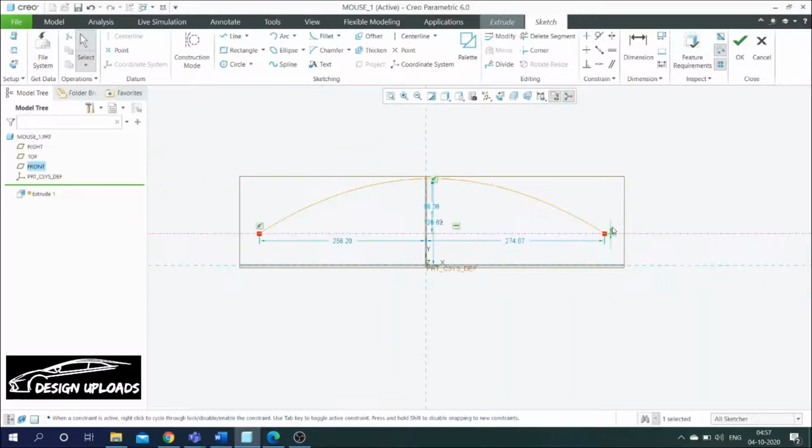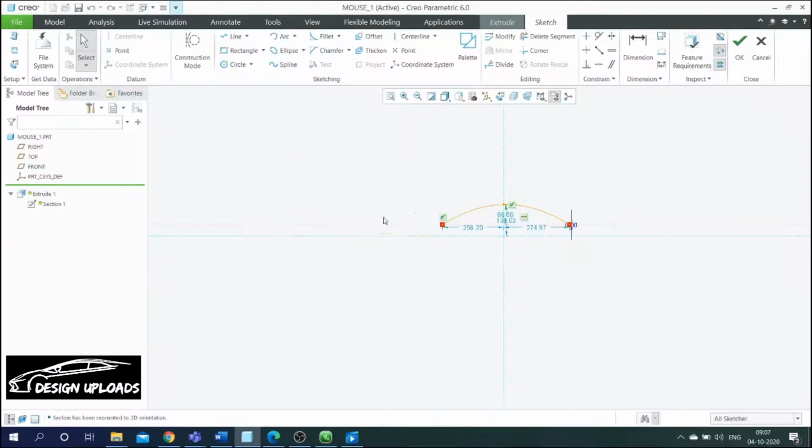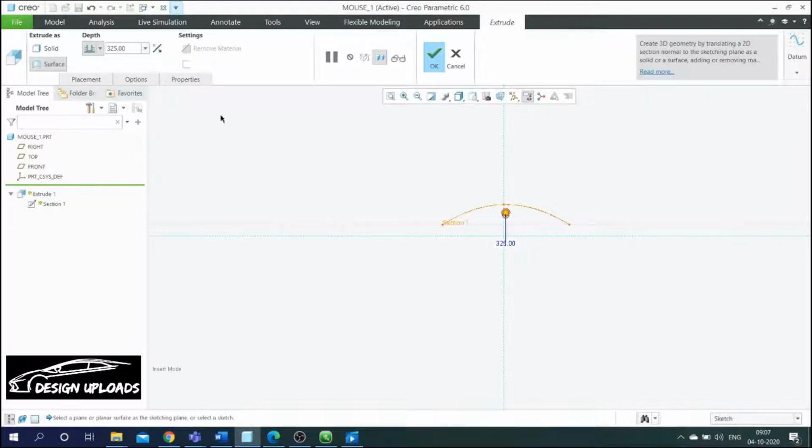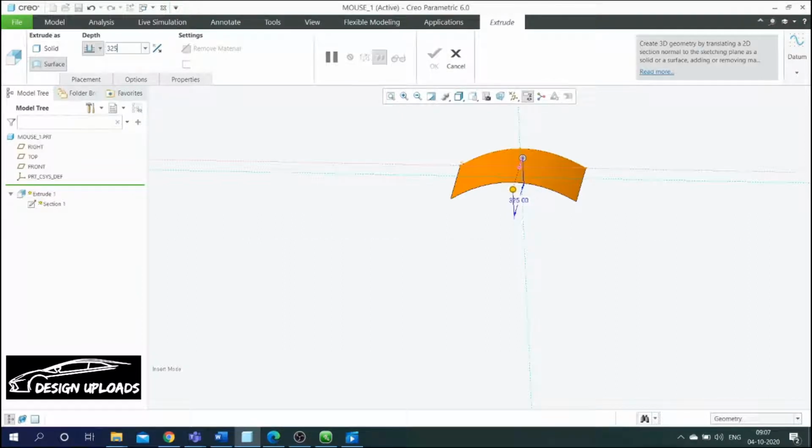After making it 0, we can see that the first point and second point are lying on the same center line. After that we need to give OK and provide the depth as 325.